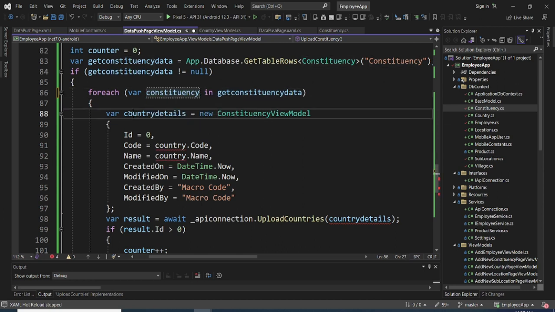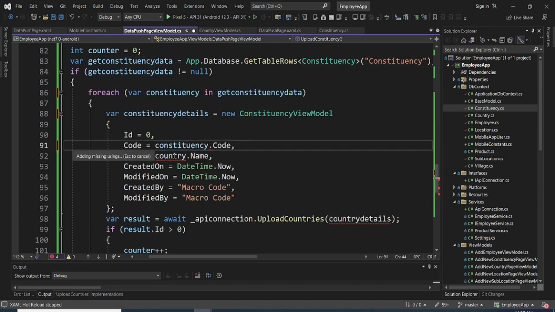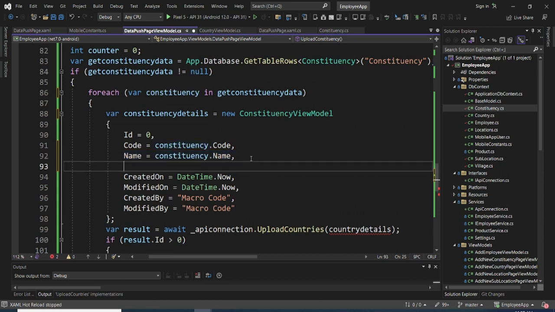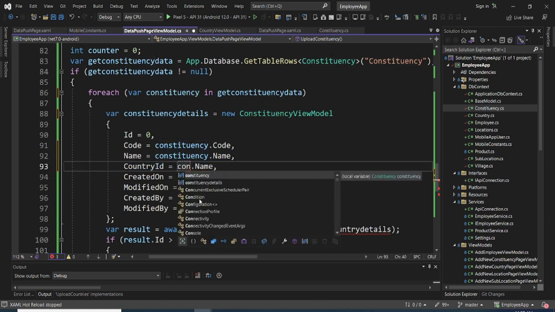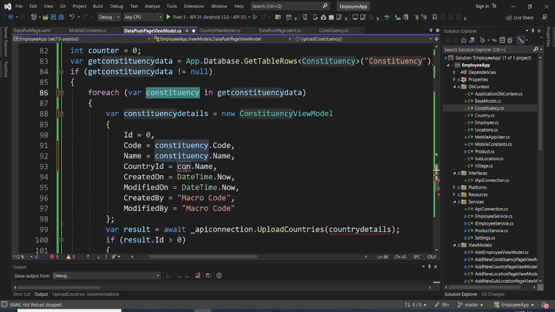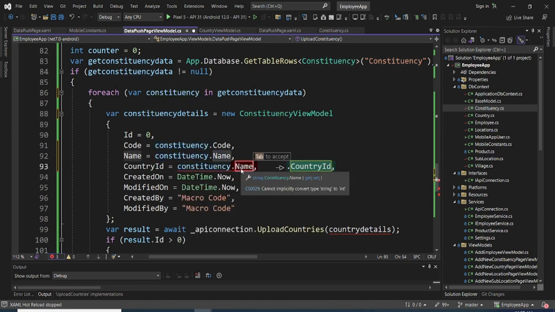Copy this, then we say constituency details, then we say the constituency code, we replace it with that, then the constituency name, then we also have the ID, country ID. So we have this as the constituency with the constituency ID,